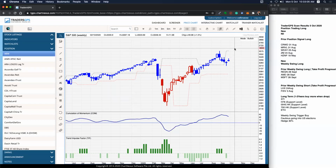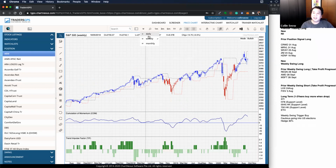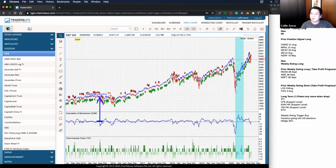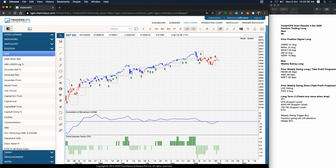How many have seen this chart, S&P 500 weekly charts before? Like me, if you have seen it before. Correct or not? By now you should know, right? We are still not bearish. We are generally still bullish on the longer term. However, on the shorter term, let's look at it a bit. Now is the daily chart. This was the buy signal, and then the daily charts tell us right now